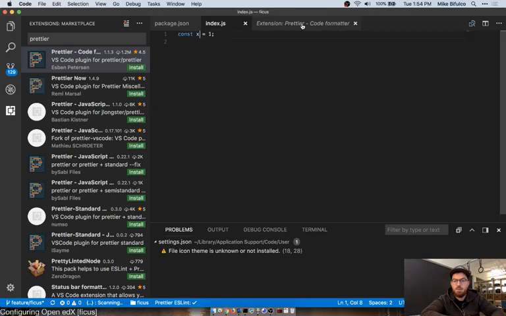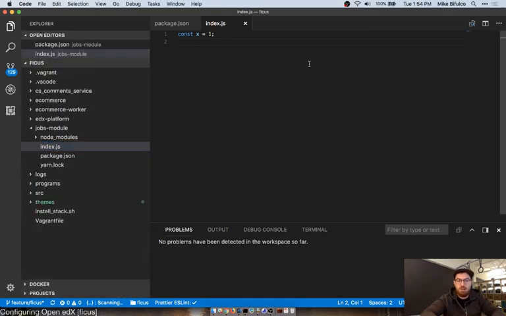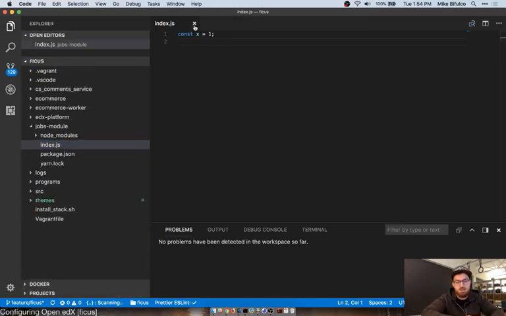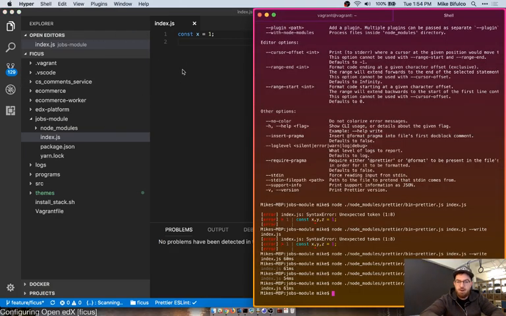Okay. So now in theory, if I do this and I save, it formatted it for me. How lovely is that? That's great. So I can write all the garbage JavaScript code I want, and Prettier will come back and at least clean up the formatting. Maybe not all the lint issues, because that's a different purpose. So that's what Prettier did. Let's set up lint now.